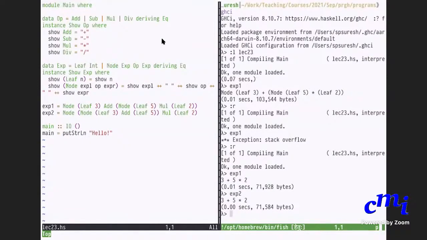So you can put brackets around the whole thing, around show EXP1 and show EXP2. I'll put brackets around the whole thing. Print brackets around it. So I'll first put a parenthesis, and at the end also I'll put the parenthesis.